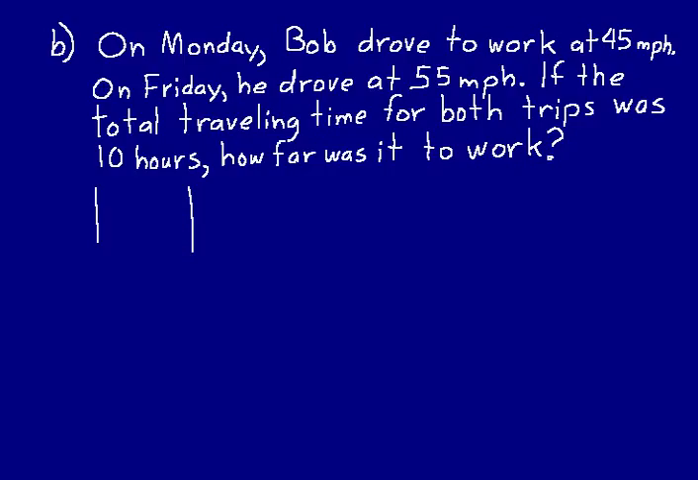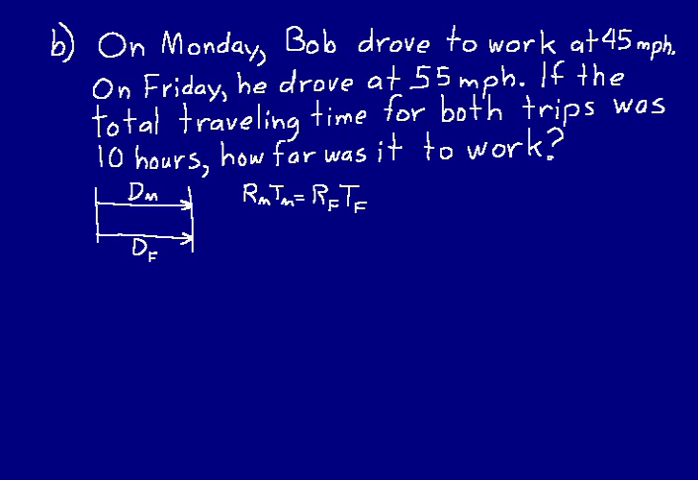And for the trip on Monday, he drove to work at 45 miles per hour. So he went this distance, and we'll call that his distance on Monday. It was the same as the distance on Friday, because he just went to work again. So we'll call that D subscript F. And we know that those 2 distances are equal to each other, and we can think of distance equals rate times time. So we'll say RM TM is equal to RF